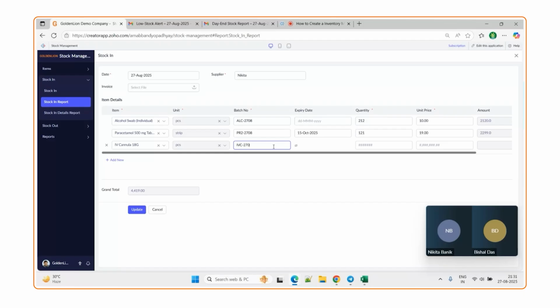You can write this batch number as per your need. Let me tell you again that all the information we are maintaining to stock in all the items is for this webinar purpose. In your case, you may have more fields, fewer fields, or different fields depending upon your requirement. So after entering the batch number, you can also enter the quantity that you are stocking in